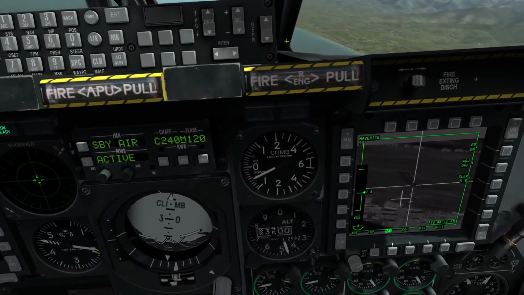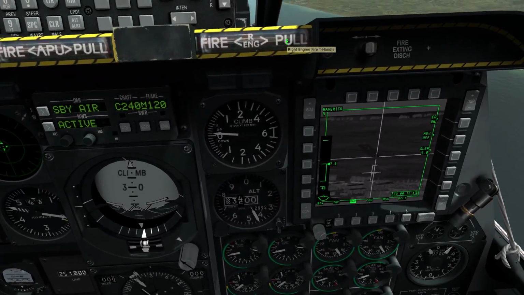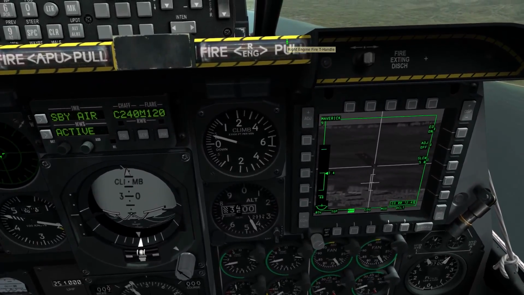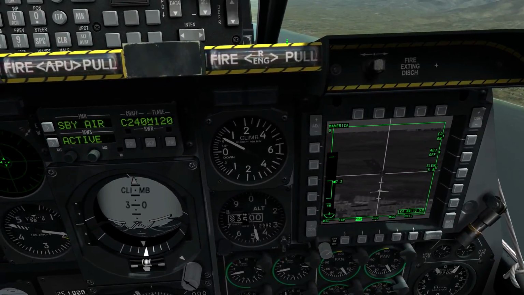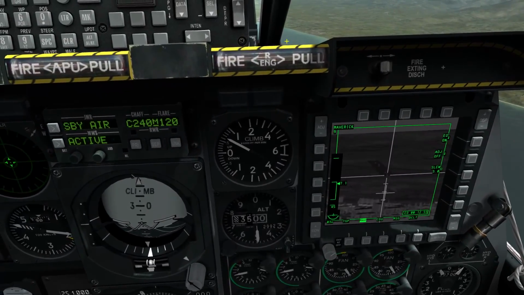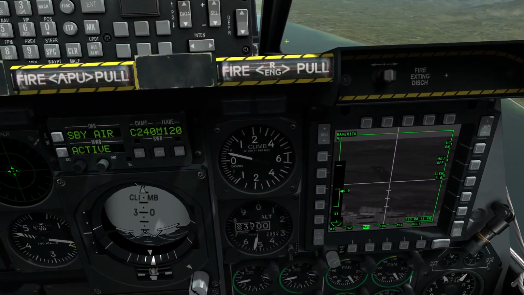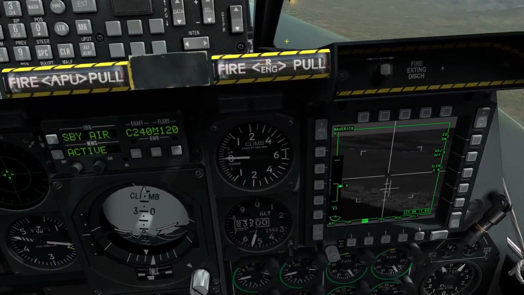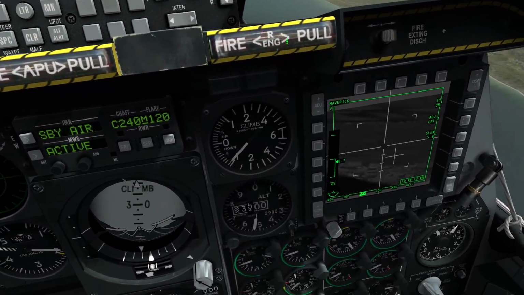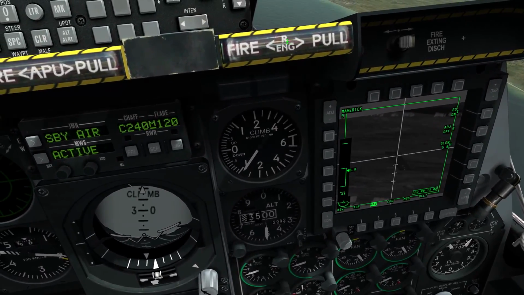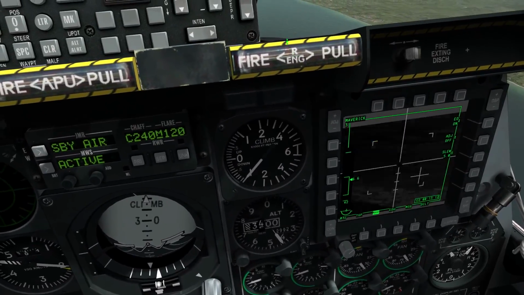Alright, so we're going to wait until we get into range, which shouldn't take too long, because we are in range right now. We just need to wait for a lock. And once that lock happens, we can fire on it. These are what we call fire and forget. So, rifle, move up to the next one, rifle, move up to the next one, rifle, move up to that next one, rifle,